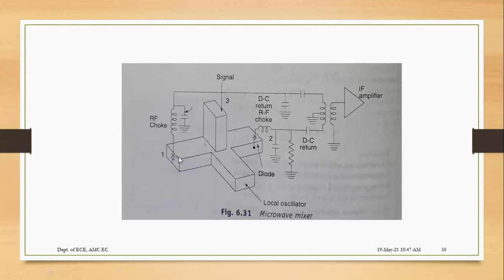So you can say that the output power, whatever you get across your port 1, is a sum of the power you're getting across your port 3 and port 4. If you apply all together across your port 3 and port 4, you will be getting only the output across your port 1, that is B1. So simultaneously, if the signal and the local oscillator are applied to your third and fourth ports, the output you get across port 1 is the sum of the total input powers.